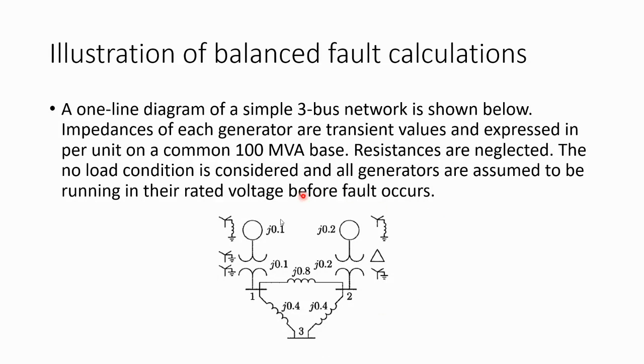In the example shown over here, we are using the transient values. However, we can simply replace the transient values with subtransient or the steady-state values, and they will not affect our analysis method that we are going to see in the second part of this video series, because they will only affect the numerical values. With that, that is the end of this first part of the video,